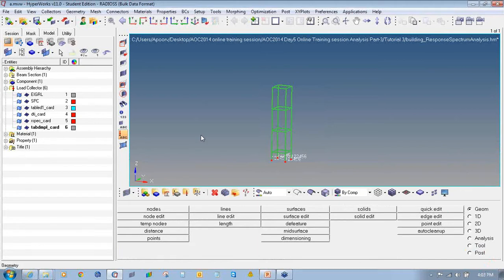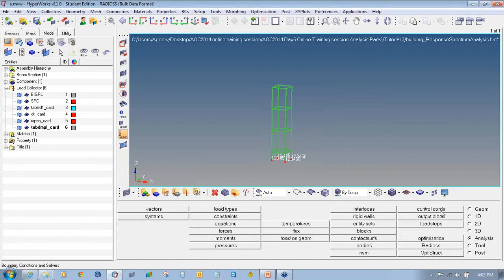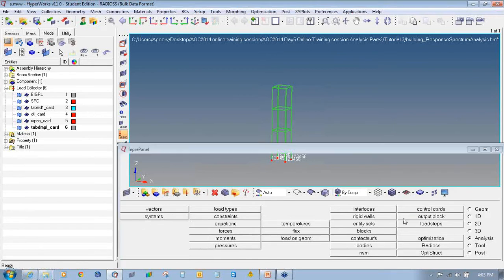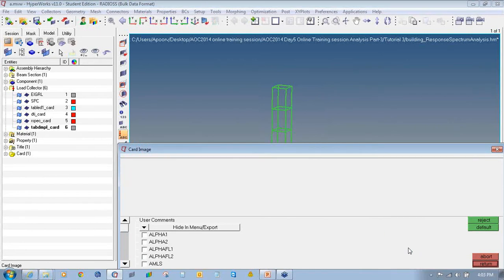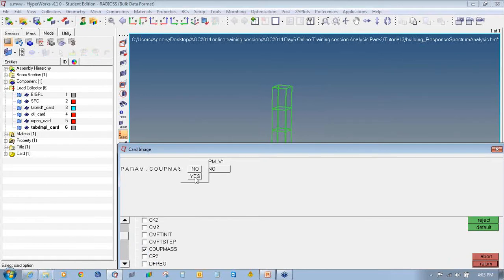Now the next step is to define the PARAM card. So I'll go to analysis. In analysis I will select control cards, click on next and select the PARAM. Scroll it down and check the box in front of COUPMASS, and for the value we will select yes.